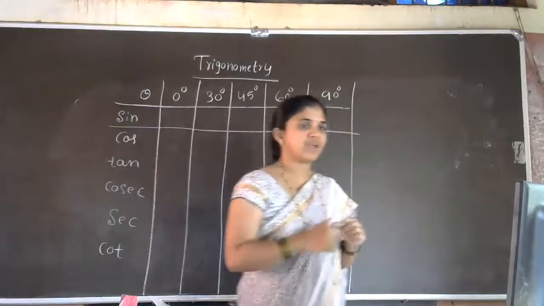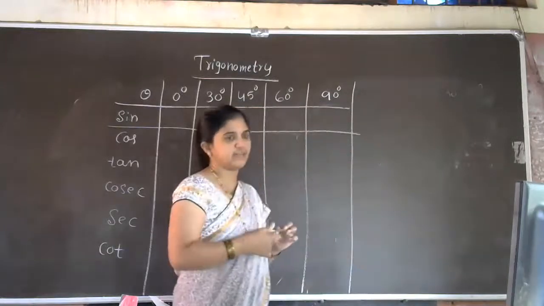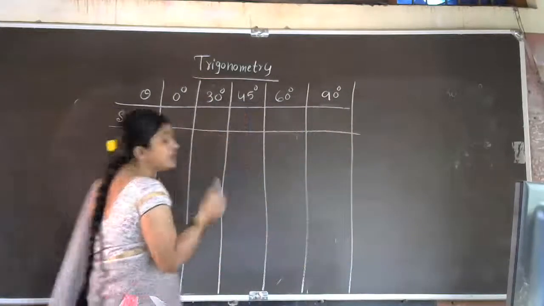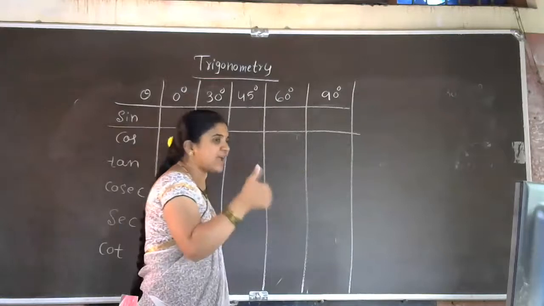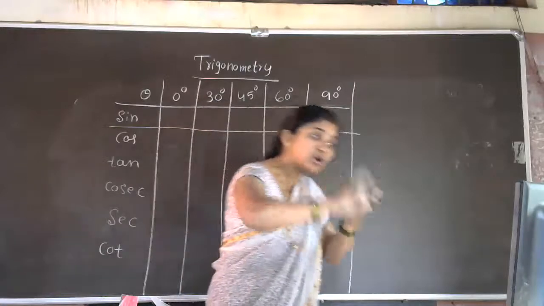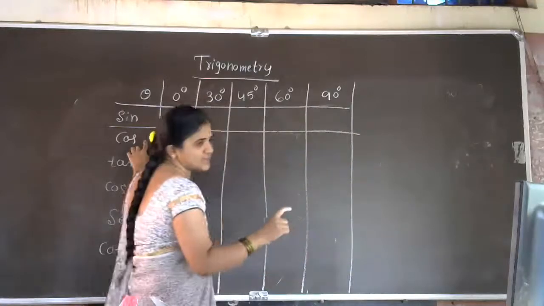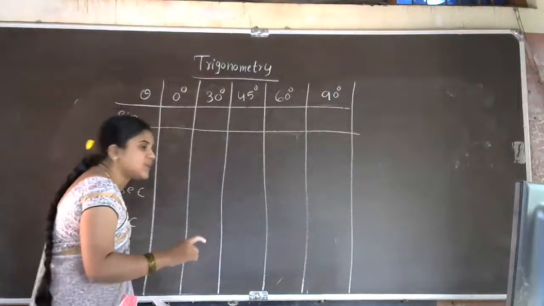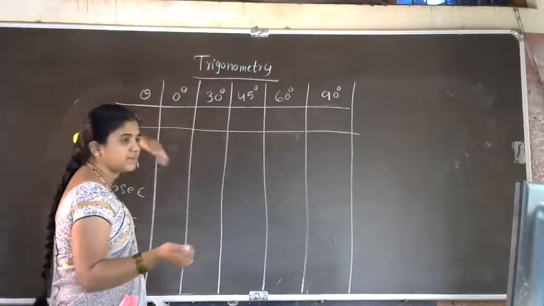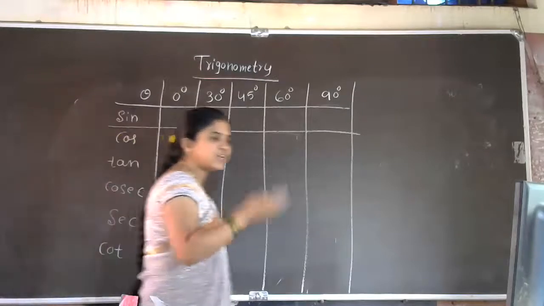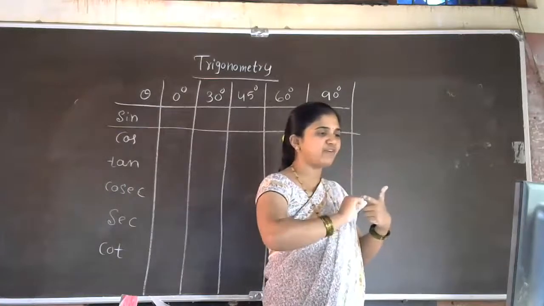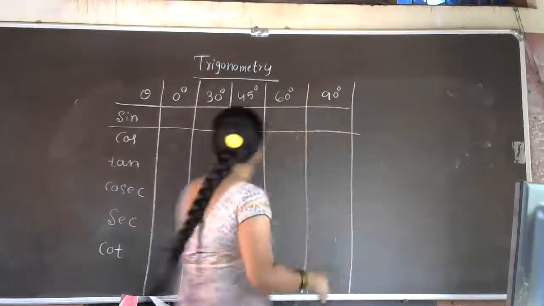That is one method actually, but we have one trick for that. The trick is only for sine, for these 5 specific angles. If you get sine, then easily you will get cos. If you get sine and cos, then you will get tan because of the ratio. Then cosec, sec, cot are just the reciprocals of the above 3 ratios. So, how to find sine 0, sine 30, sine 45, sine 60, sine 90? For that, there is one trick.